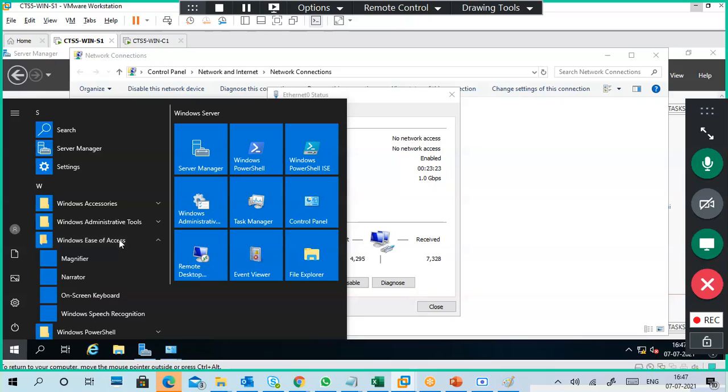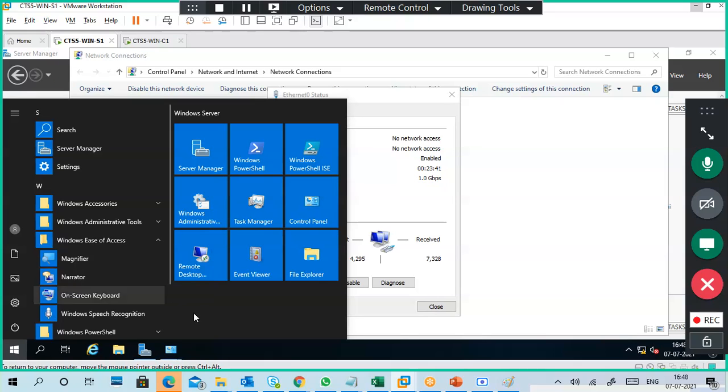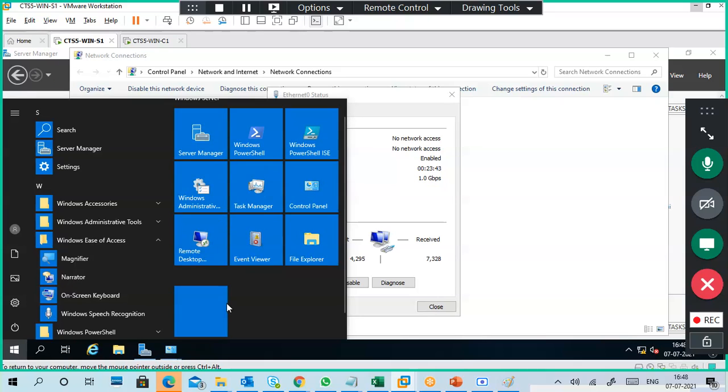Ease of access. So it is pin to start. Yeah, now it is open.